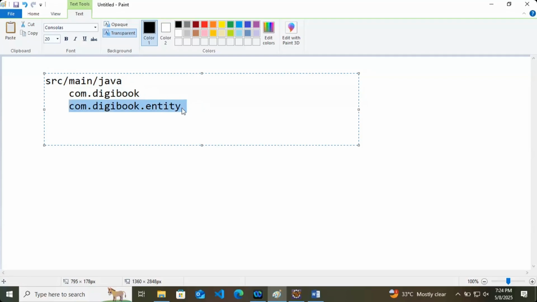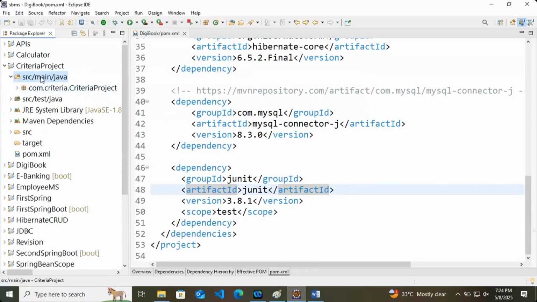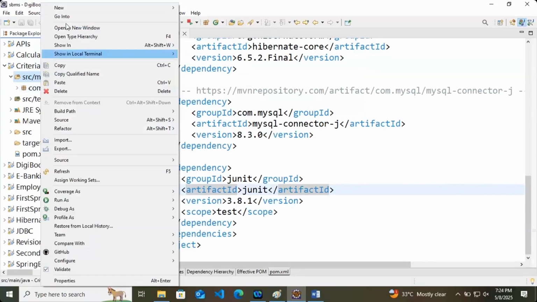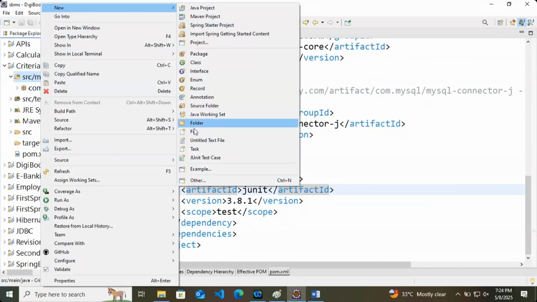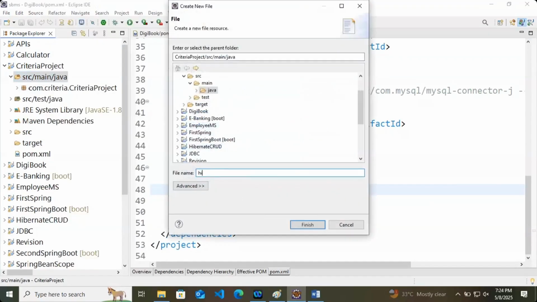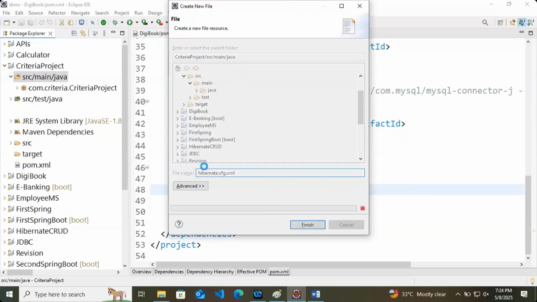Now there is an option that for your Hibernate file, you right click on your src main java and create your file. I will show you. I will right click on src main java, new, and the file name is hibernate.cfg.xml.